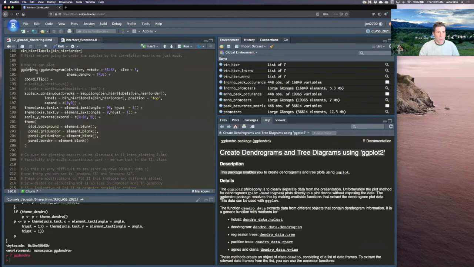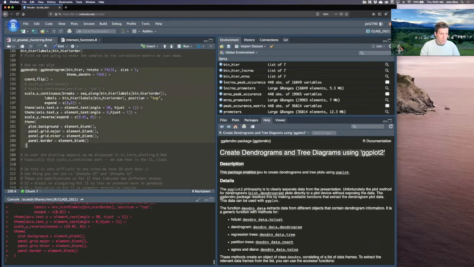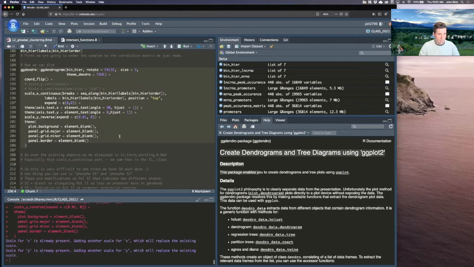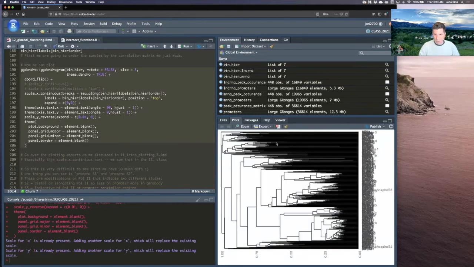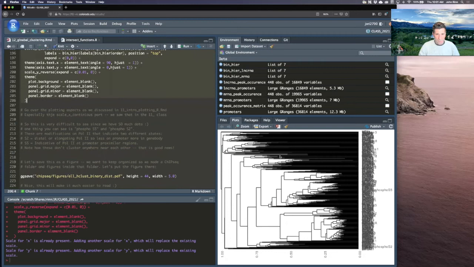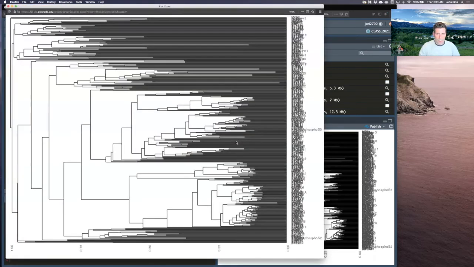And so really the only difference we're doing here is doing ggdendro instead of ggplot. So let's run this and see what we get. It will take a minute. Okay, actually that was quite fast and totally unreadable. Don't worry, we're gonna fix that in a second. And you could export this or zoom to get a better picture of it, but really you can't read